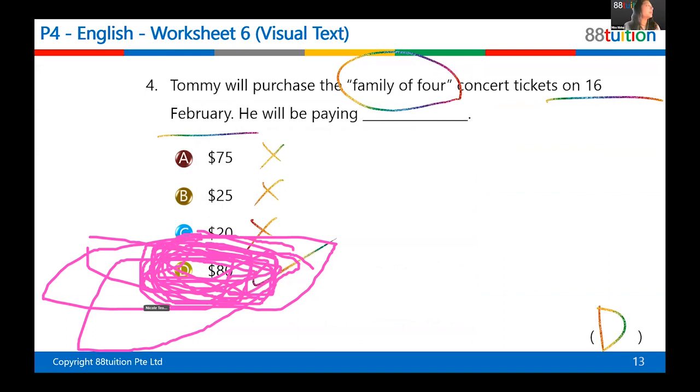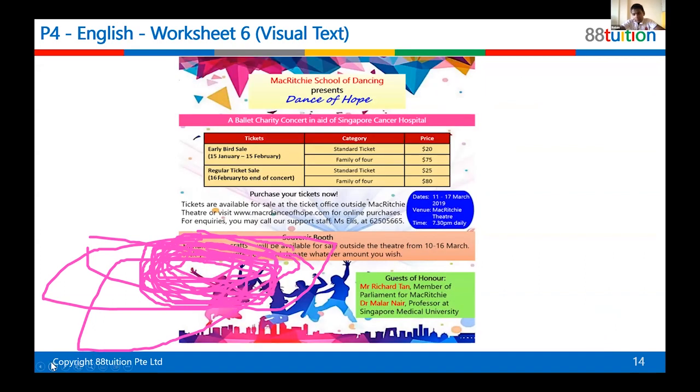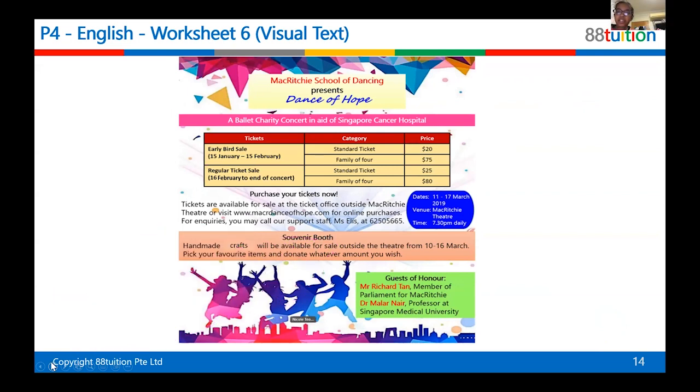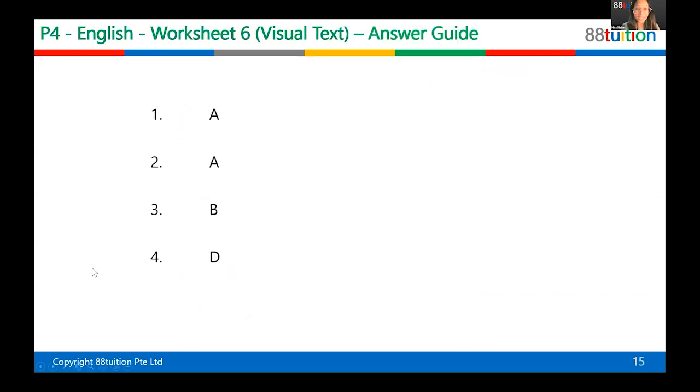Yes, Deepa, what's your hand up? When I took the printout, how come mine says 16 January instead of February? Yes, there's a mistake. I think you printed it before they changed it. It's supposed to be 16 February, so you can cancel it and write February. I just printed it 5 minutes ago. Oh, really? I printed it before the class started. Okay. I will let the technical teacher in charge know, okay? For now, just write in your pen, it's supposed to be 16 February, not 15 January. Okay, so these are the answers for the visual text.